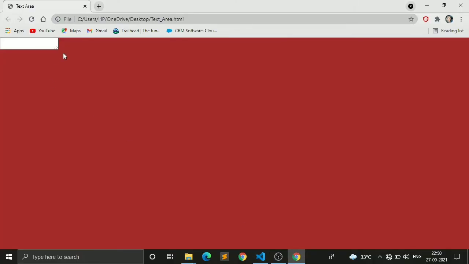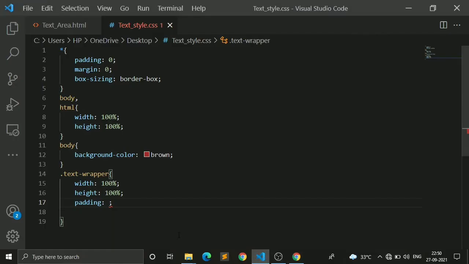I am giving a padding of 40 pixel because I want to see some gap between the border of the viewport and the border of the text wrapper. So when I apply this property, then it will create some spacing between the viewport's border and the text wrapper's border. When I refresh my browser, then you can see it. Now it is not applied, I think so.